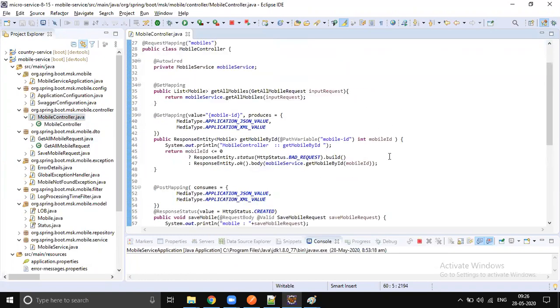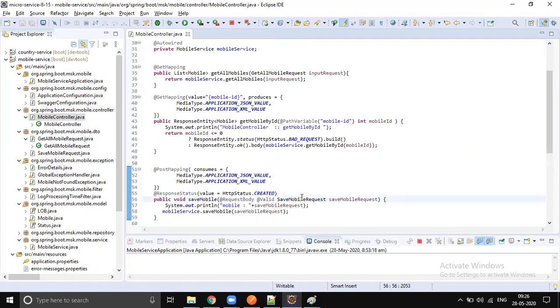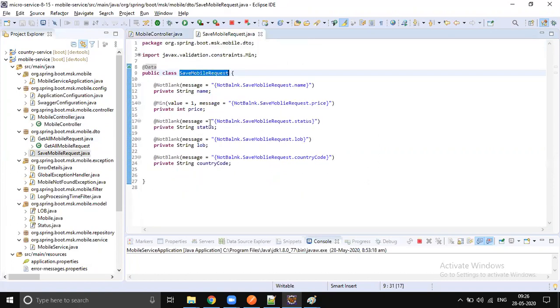Where is our save mobile request? From the front end we will get int, not integer. So in the service that will automatically be converted into an integer when it is not zero and not a negative value. If the client doesn't send any value, the default value is zero, right? It's an instance variable. While saving, we are converting into integer. Yes, in the service it will be automatically converted.